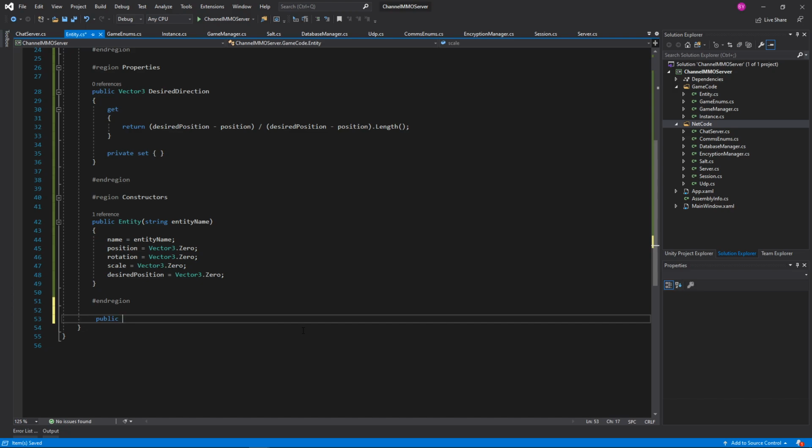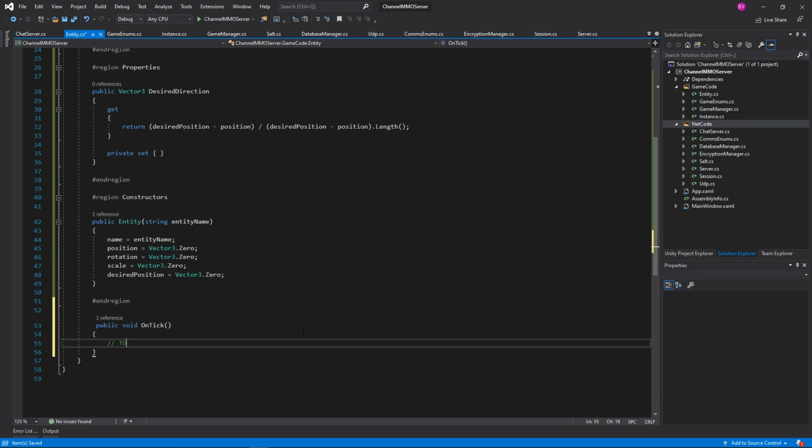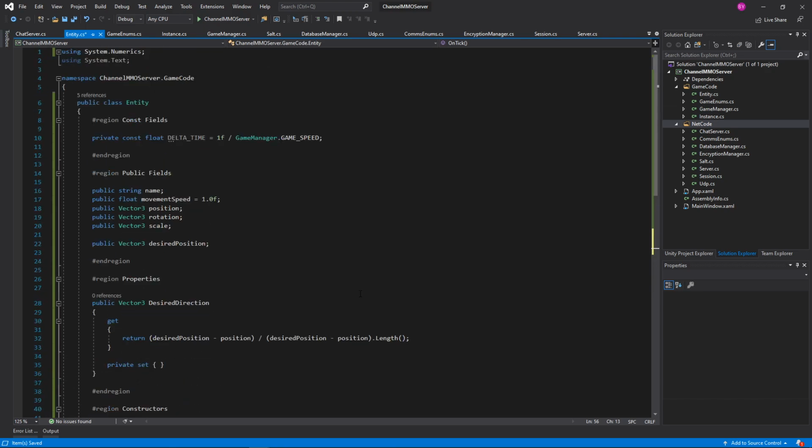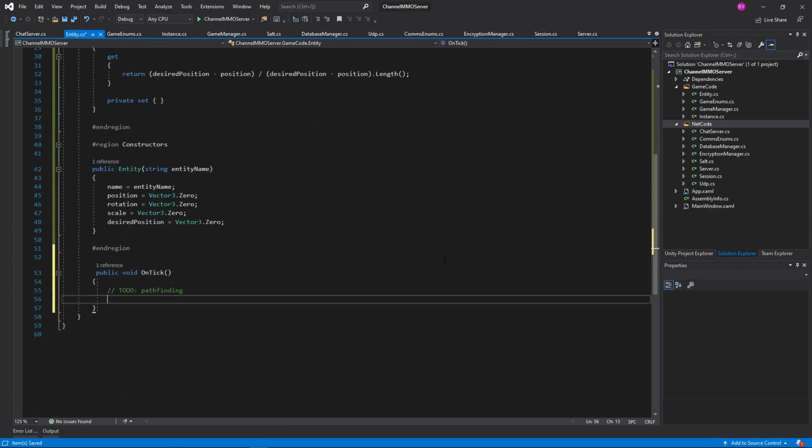So we'll do public void on tick, and we're going to say to do pathfinding, as we did previously. Pathfinding. Close enough. Typing is hard. So when we tick it, all we're going to do right now is, if we're not at our desired position, we want to step towards the desired position at movement speed. So we'll just say if position is not equal to desired position, there we go,